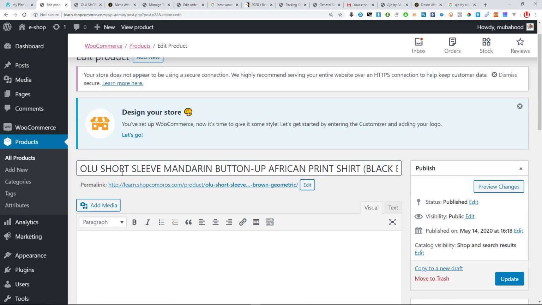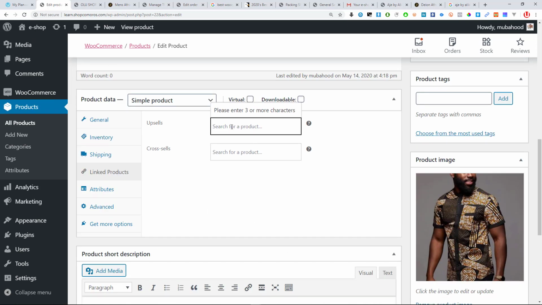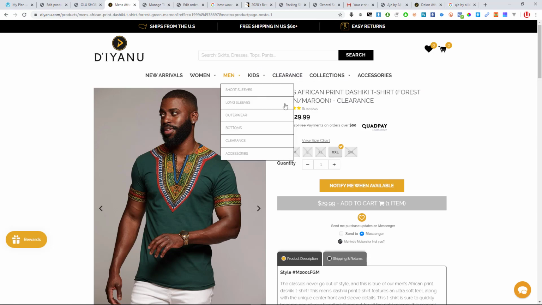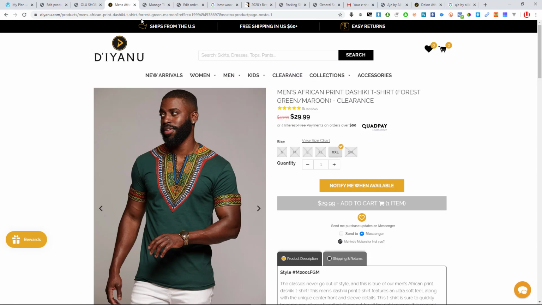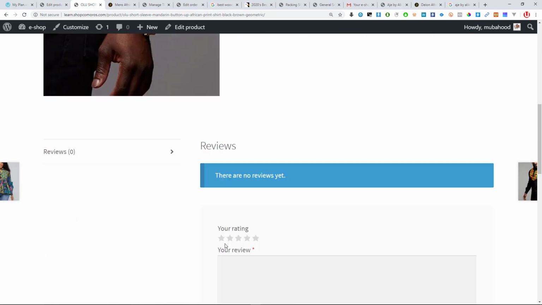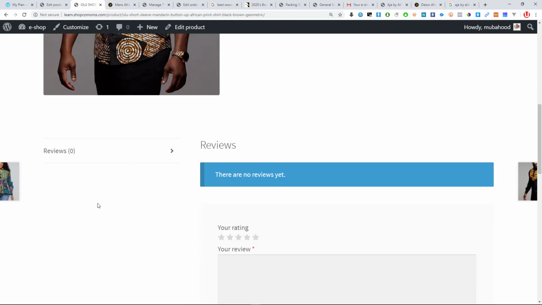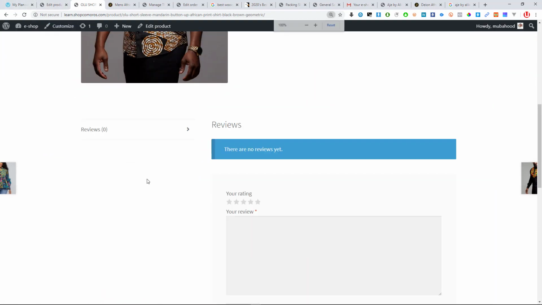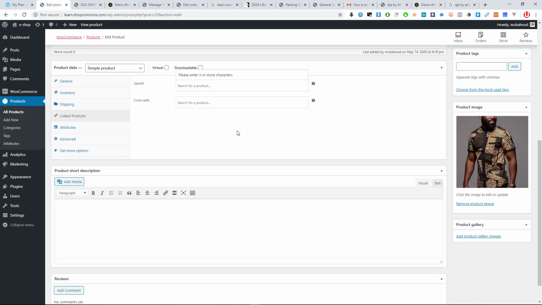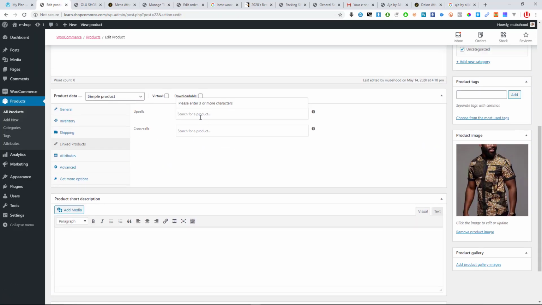This is a short sleeve. I'm going to add there the men's African print, because I already have it. Okay, I already have this men's African print. It's a short sleeve, so I want to recommend it here. So to do that, I'll simply come here and type the first letters. I'll just try to type the name. So when I try to type the name, they will